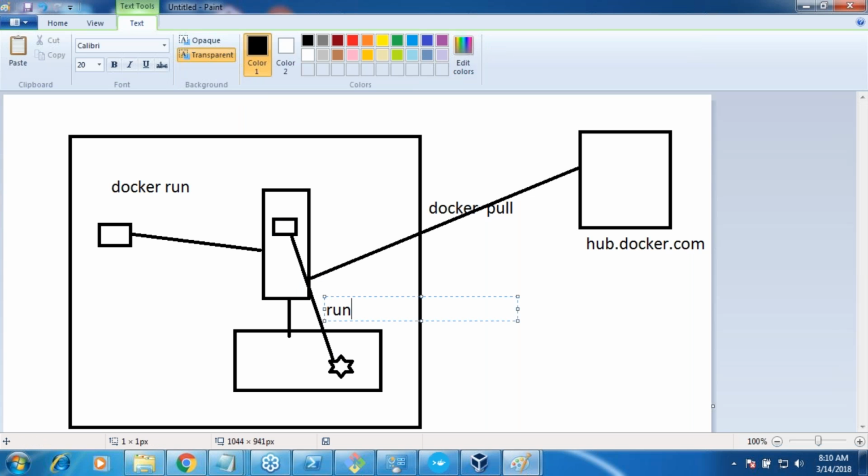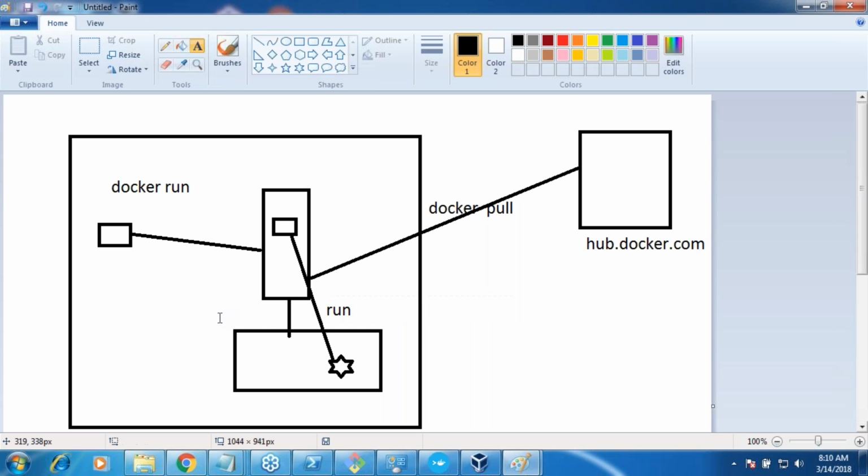Are we good? Yes. And if you want to search the local registry to check whether you have those images or not, that command is called images.